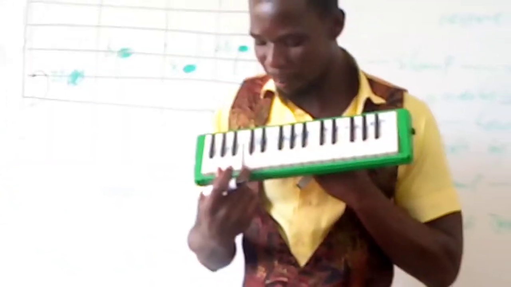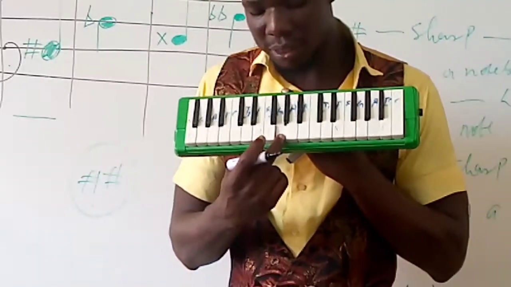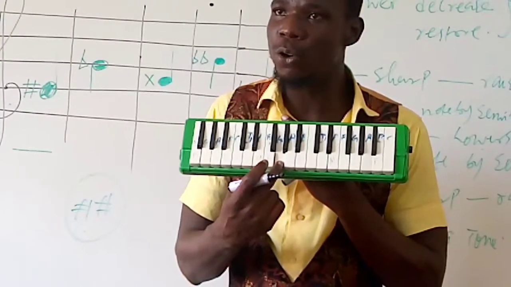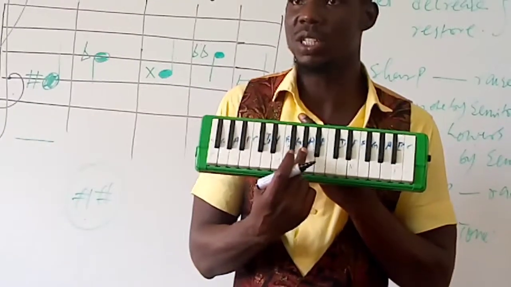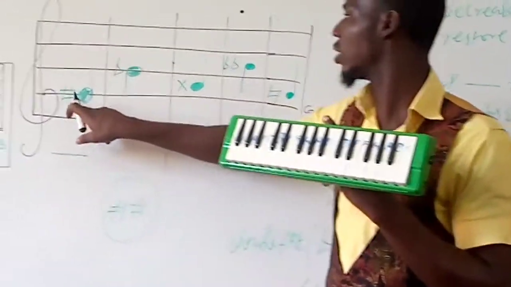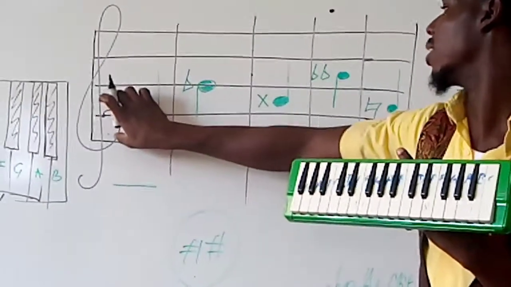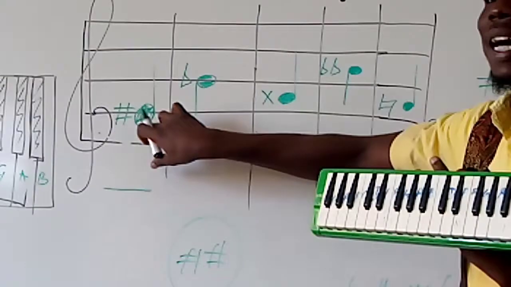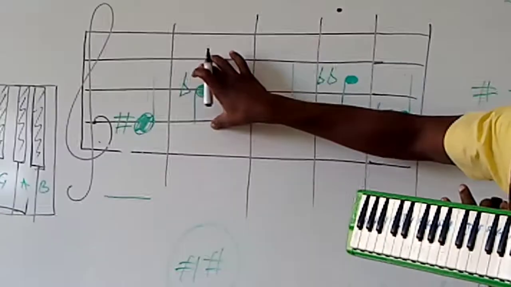We all know this is my C. And here we have the sharp sign on G. Now the sharp sign is placed here. It says don't play this, because the sharp sign raises a note by a semitone. So you're leaving G, playing the note on top of it, that is G sharp. That's what this sharp sign does to the note. And for every staff that has a sign before the note itself, it's telling you that sign should work with that note. Alright, so if you have an understanding of this, let's move over to the next one,